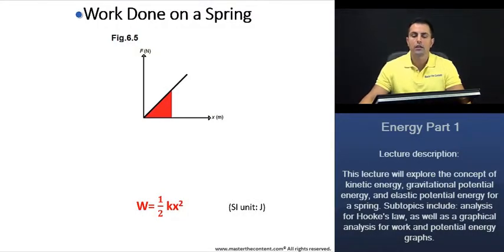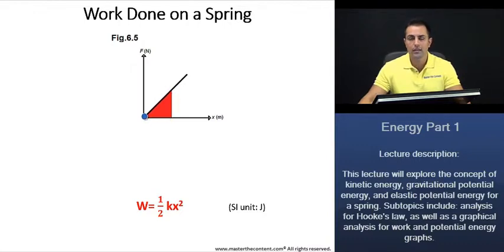So now let's take a look at work done on a spring. In figure 6.5 here, if we recall, even in our previous work lectures, when we had a force versus distance graph, right? The area under that graph would give us the work. Similarly, for a spring that obeys Hooke's law, when we have a force versus deformation graph as such, the area under the graph will give us the work